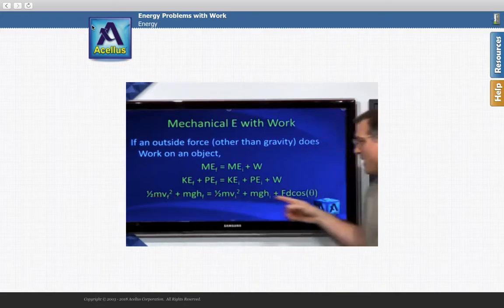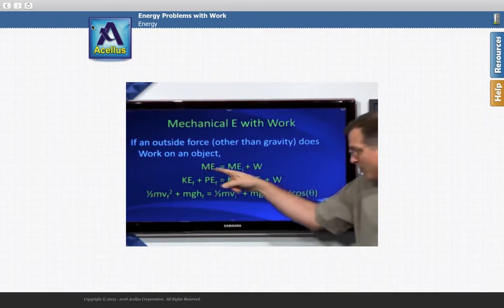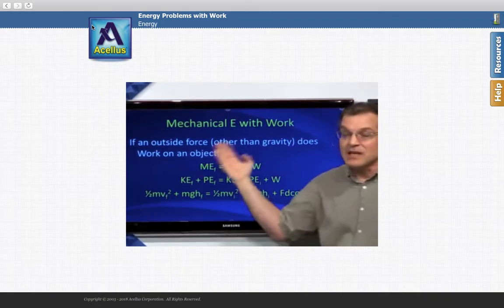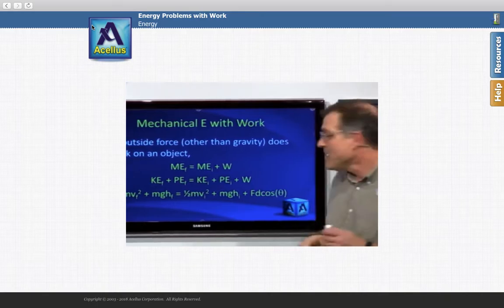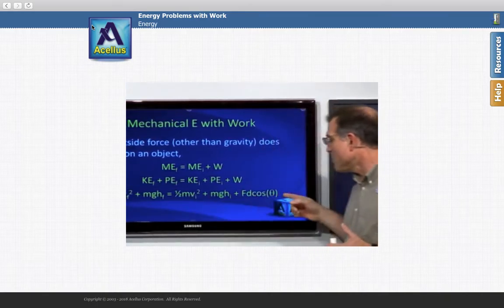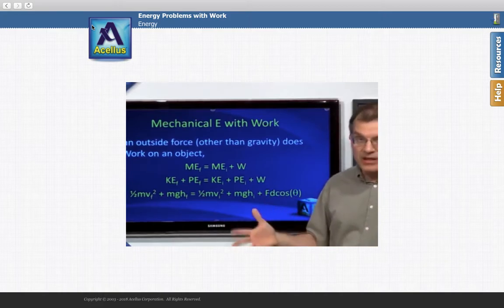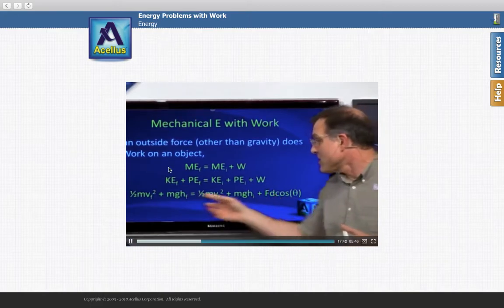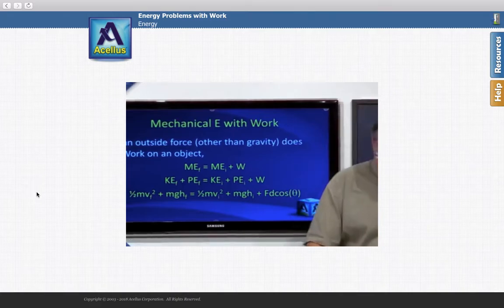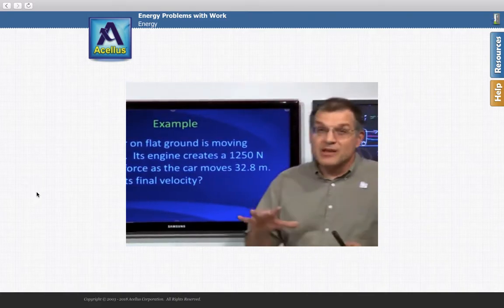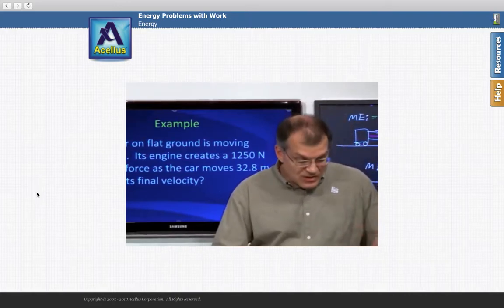Now this is really long and ugly. I remember this one up here with the mechanical energies and just put in whatever energy is necessary. But this will be in your notebook, and you can look this up, and you can start with this equation. It's big and long and ugly, but it's okay. They're going to tell you some of the stuff, and then you have to calculate whatever it is that's missing. So let's try this out, and it takes a while to get used to that, so we're going to do